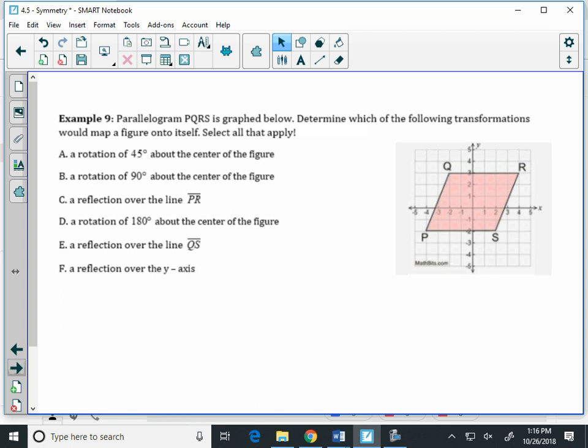If we take a look at the next one, it says a parallelogram is graphed below. Determine which of the following transformations would map the figure onto itself. Select all that apply, which means we might have more than one answer. But what we just talked about, parallelograms have no line symmetry whatsoever. So anything that's talking about a reflection